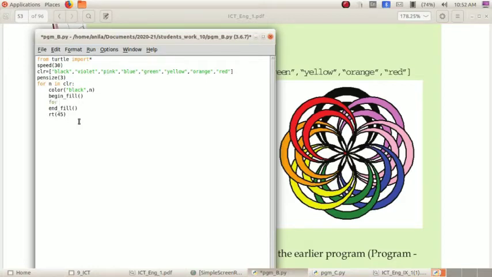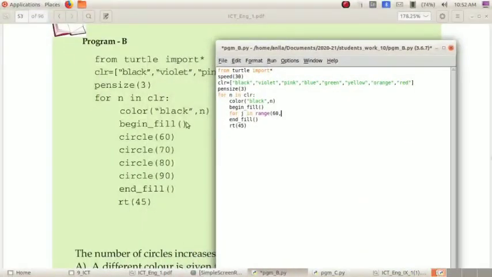For, you can give any variable. I am giving j. For j in range of, what must be the range? Yes, the starting must be 60. See here, what is the range of the first circle? 60. So 60 comma, then what is the ending? 90.